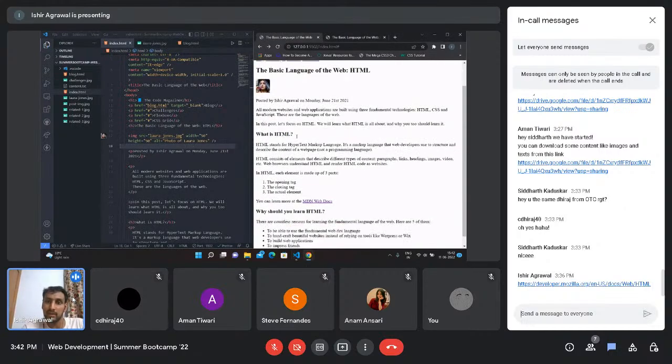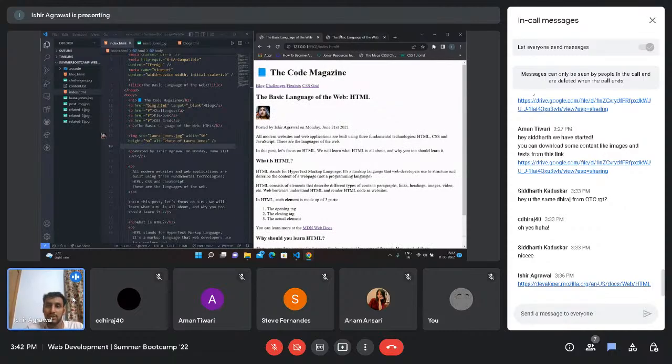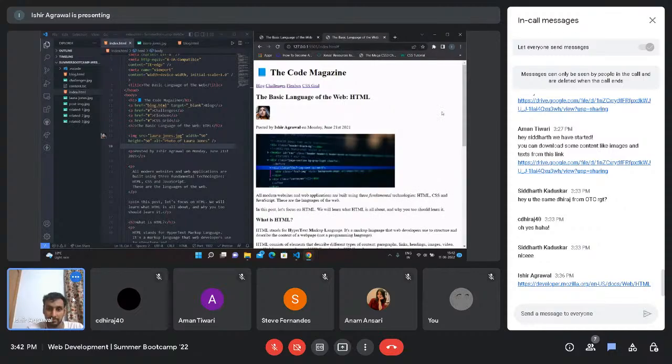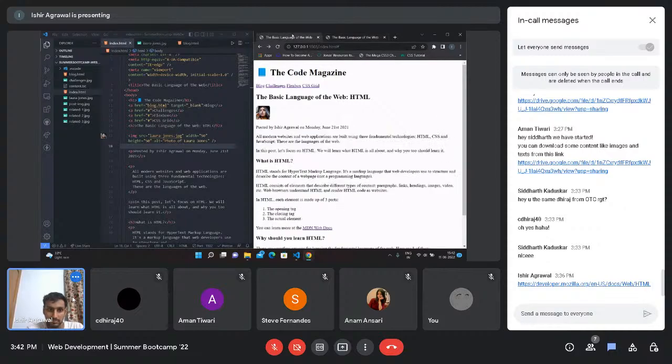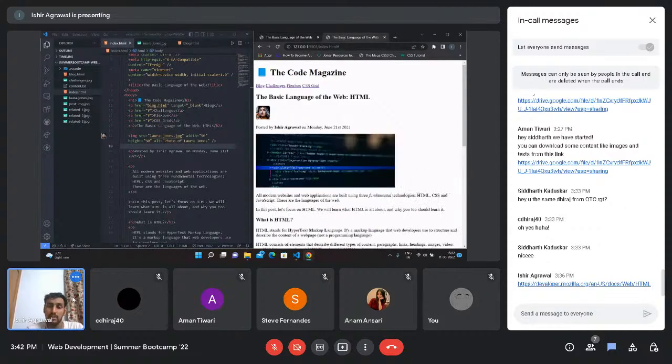So now we're back with the image. So this was about the image tag and how you can enter images in your website. Okay, so as you can see here that I have my name here in bold. So there are also different tags you can